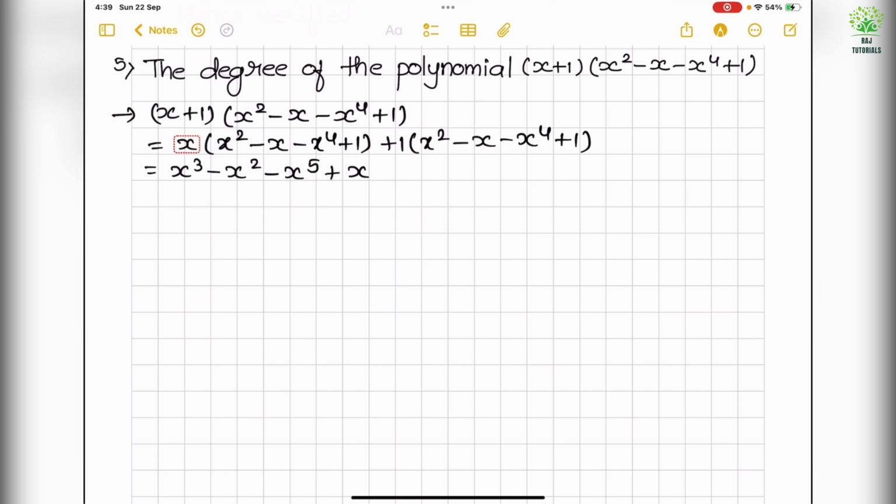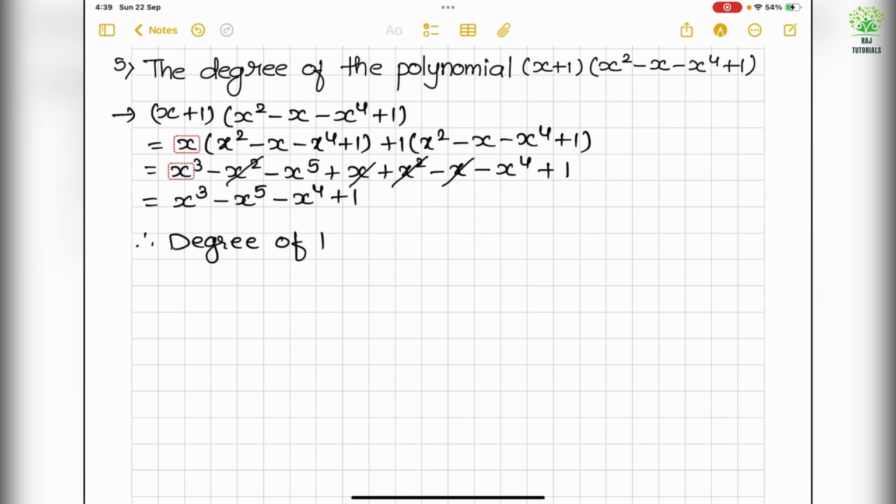So this will be x cube minus x square minus x raised to 5 plus x square minus x raised to 4 plus 1. So minus x plus x got cancelled, minus x square plus x square got cancelled. So now I am left with x cube minus x raised to 5 minus x raised to 4 plus 1. Therefore, the degree of the polynomial